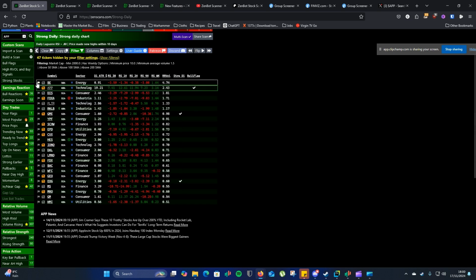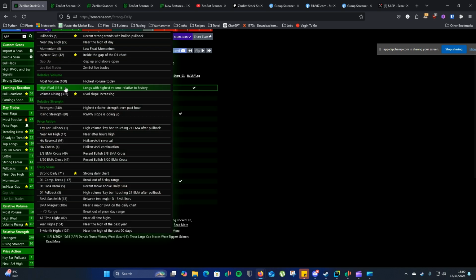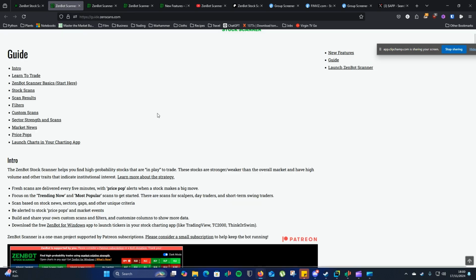You can flag the stocks, and we can see how long it has been on the ticker for. So that one's been in there 56 hours. I've got weekly options set to yes, so all of these are going to be weekly options. But you can also see there's a trend buying signal. That's a ZenBot specific thing. We can look at that in the user guide actually. So we might just jump across to that user guide, because